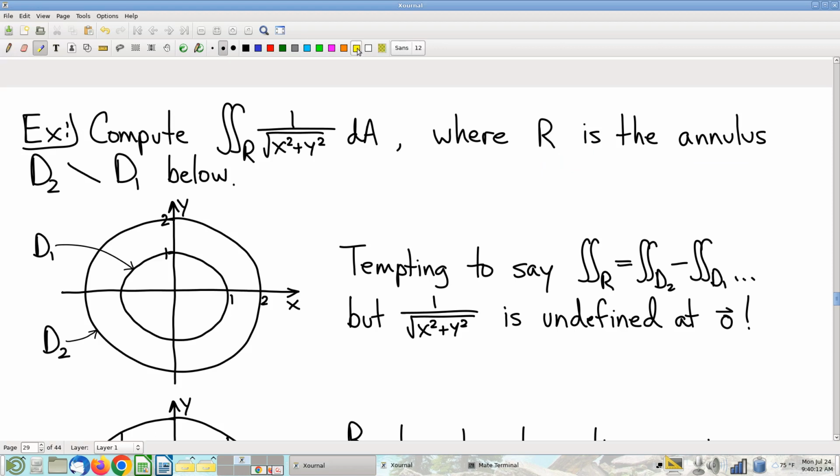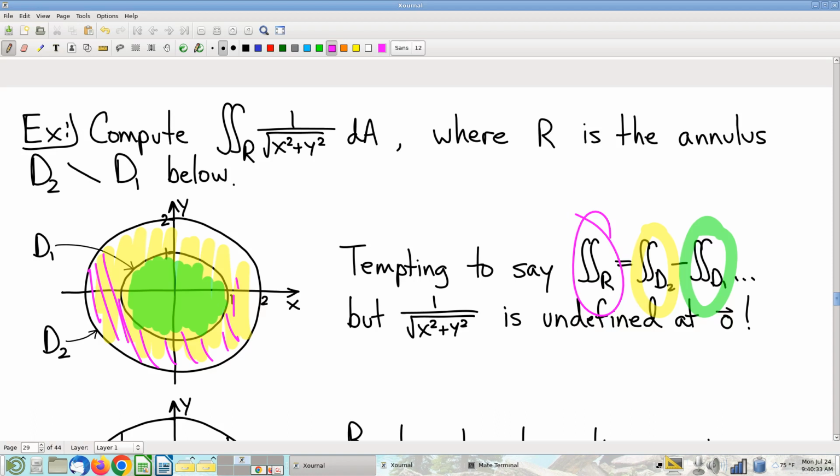Now, some students would like to suggest, okay, well, I'll compute the integral on this domain, and then I'll subtract the integral on this domain, and then yellow minus green would give us the integral on the moat. That's a reasonable instinct, something to try, and it would have worked except for one pretty nasty sticky wicket, which is that neither of